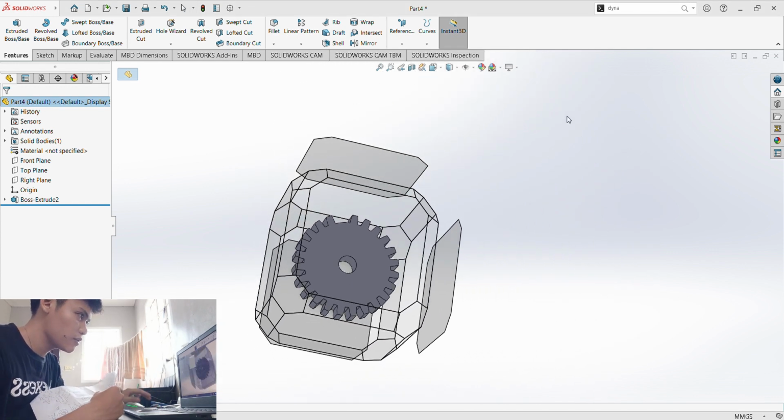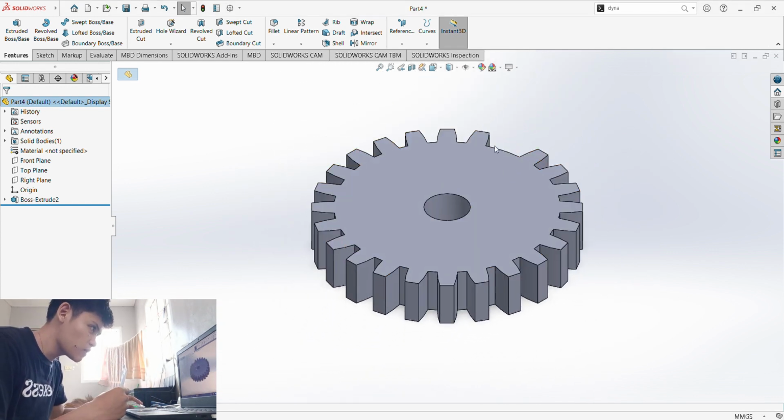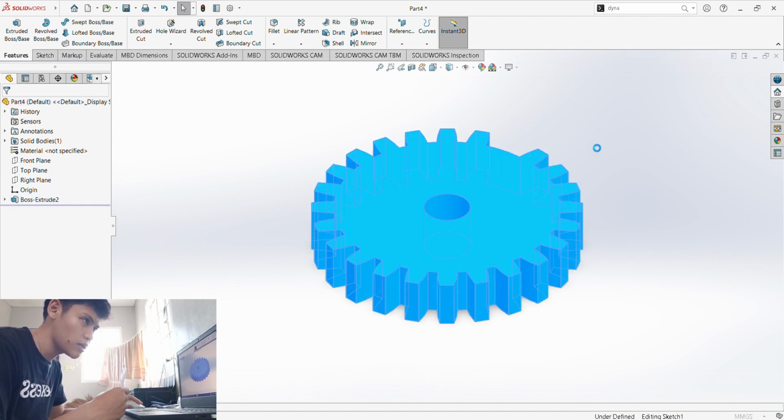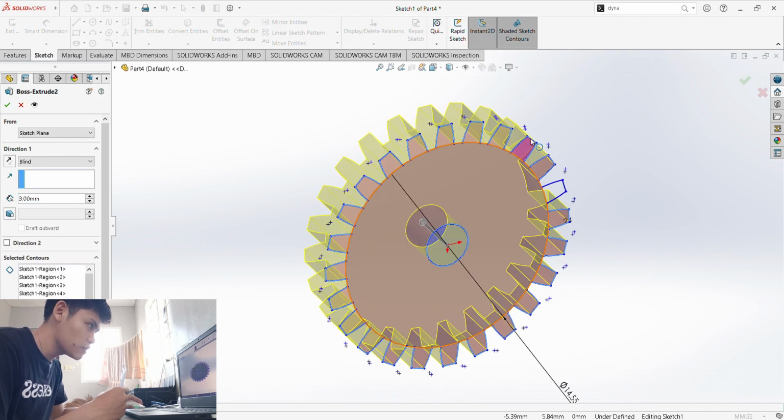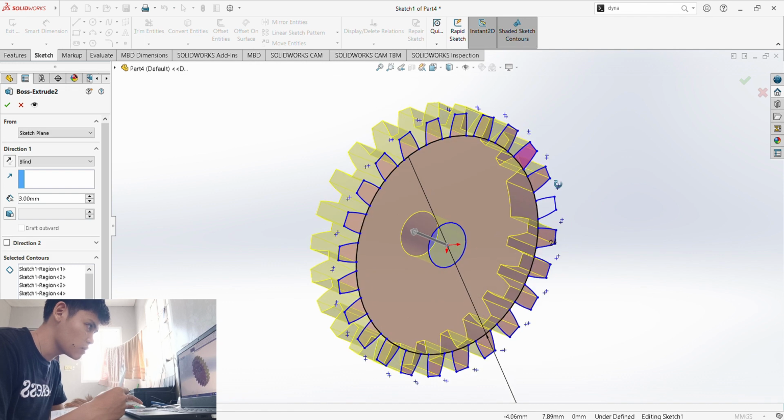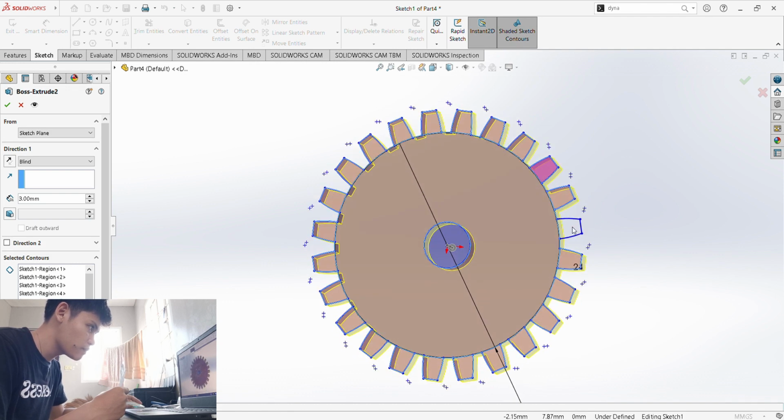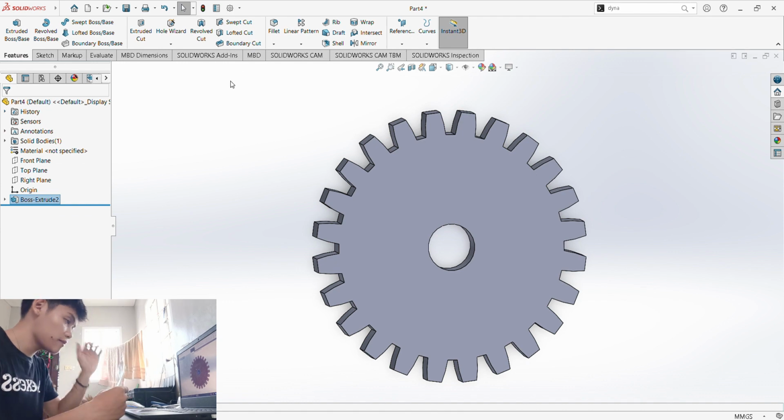There you have it. I just forgot to select this one, that's why the gear is missing one tooth, but of course you could just always edit it with the edit feature, so you just have to select this one too, and the sketch region. Then again press check.